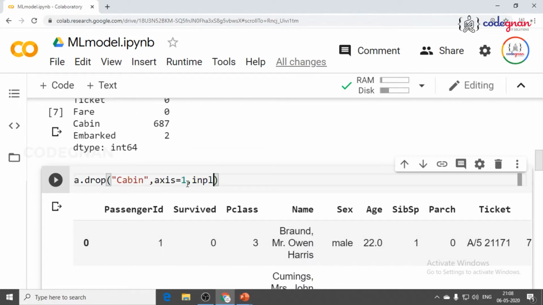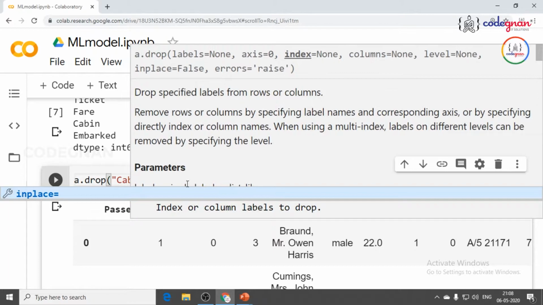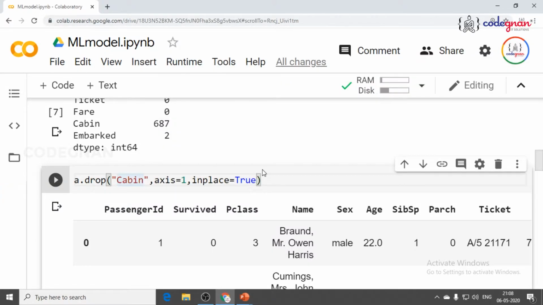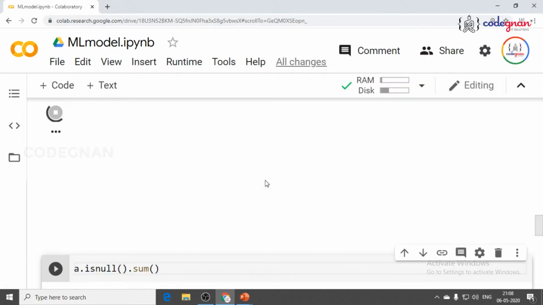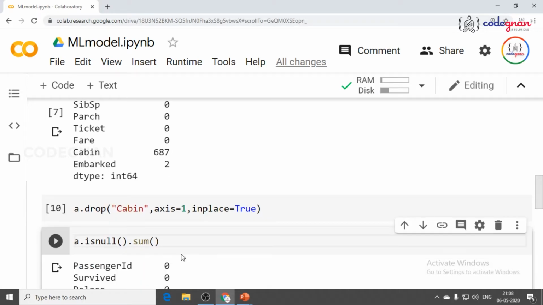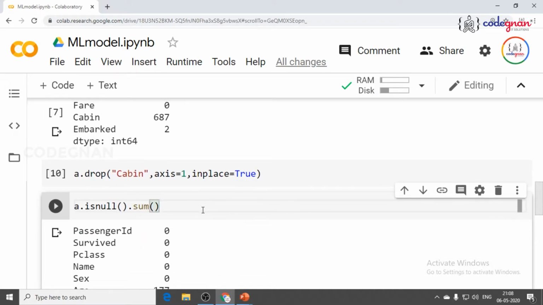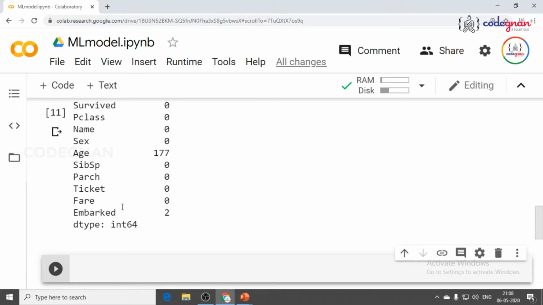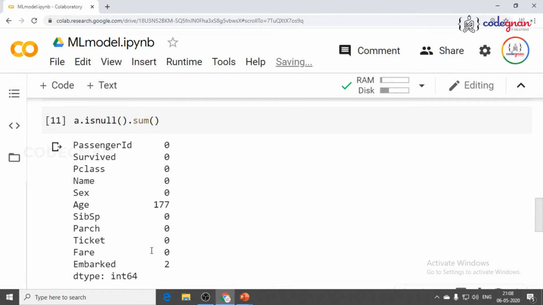That is the reason I add inplace equal to true. Inplace means this column will be entirely removed from the data. Now it is done, and let me prove it here. A dot isnull dot sum, see, cabin has been removed directly.